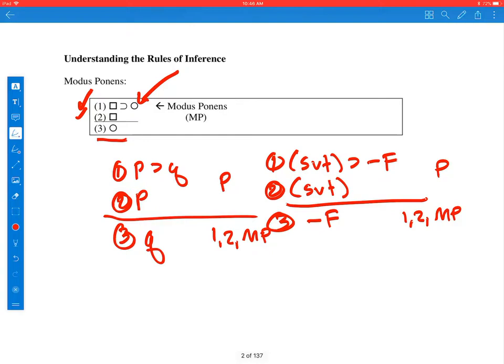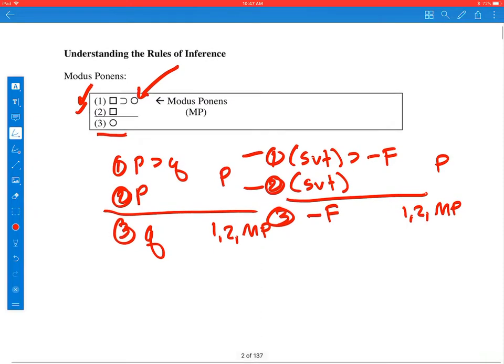So notice there's no negation signs in our rule of inference modus ponens, but it doesn't matter because 1 and 2 are still substitution instances because those shapes represent variables. One other thing to know, and that is that the order that the premises come in doesn't matter. So long as you have instances of 1 and 2, you may deduce 3. Let's take a look at another